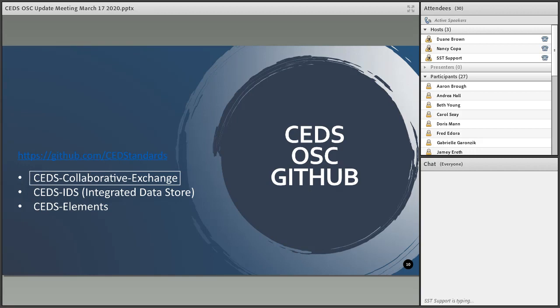There are a lot of state education agencies that have CEDS installed, and so this provides a way for them to share code to pull data out of their own systems and give it to someone else who can pull it out of their system. The other 2 are where changes are made. So the IDS, or the Integrated Data Store, is the actual physical structure of CEDS, one of the physical structures,